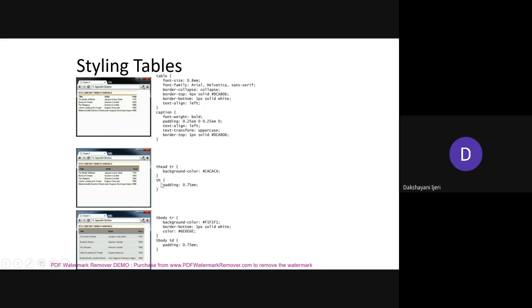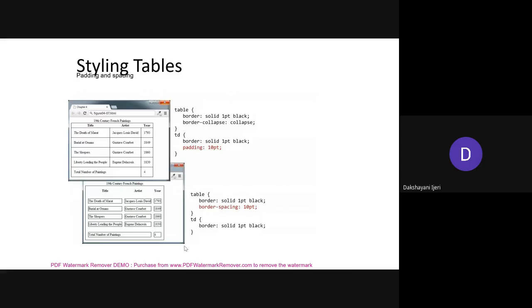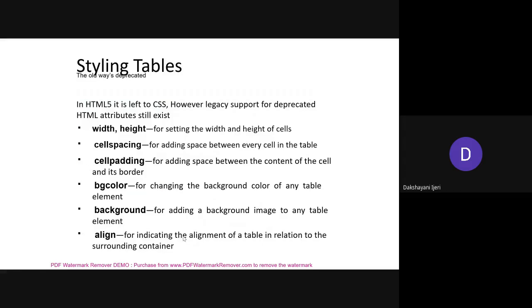For the TH, the padding has been separately specified as 0.75em. The rest of the properties have been defined once again just to show you that you can also use these things. There is one more property that I'll show directly in the example. These are all the properties I have just discussed, to tell you which different properties you can use here.